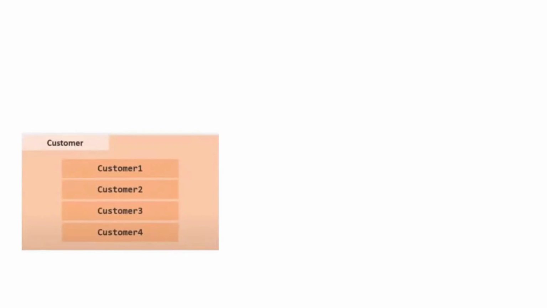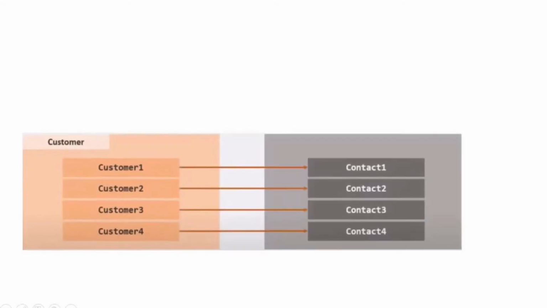Now each customer is going to have a unique email and phone number, and a user is also going to have a single contact detail. Here we do not want to store multiple contact details for a single customer. So in this example, each customer has a single contact detail and the contact detail cannot be the same for two or more customers. So here we want to create a one-to-one relationship between the customer and his contact details, and